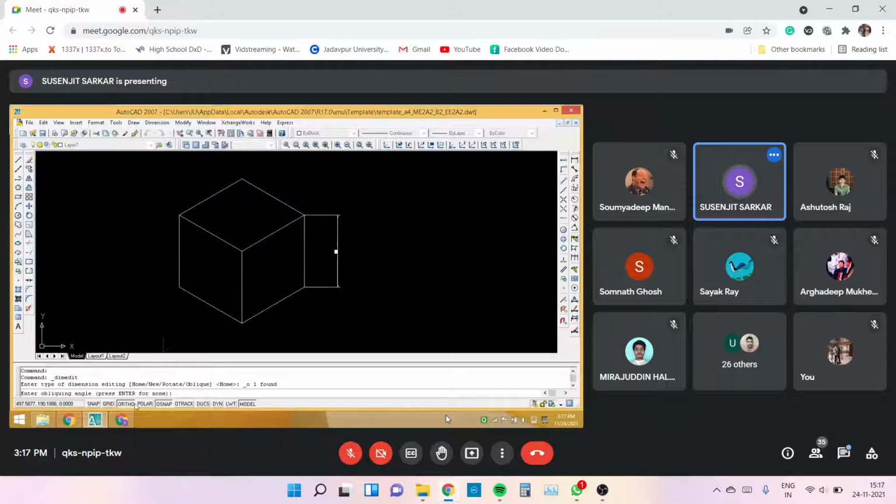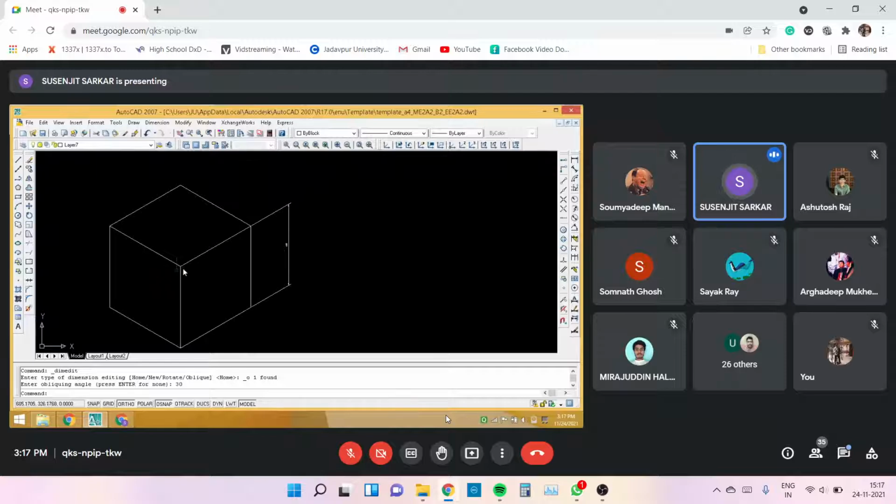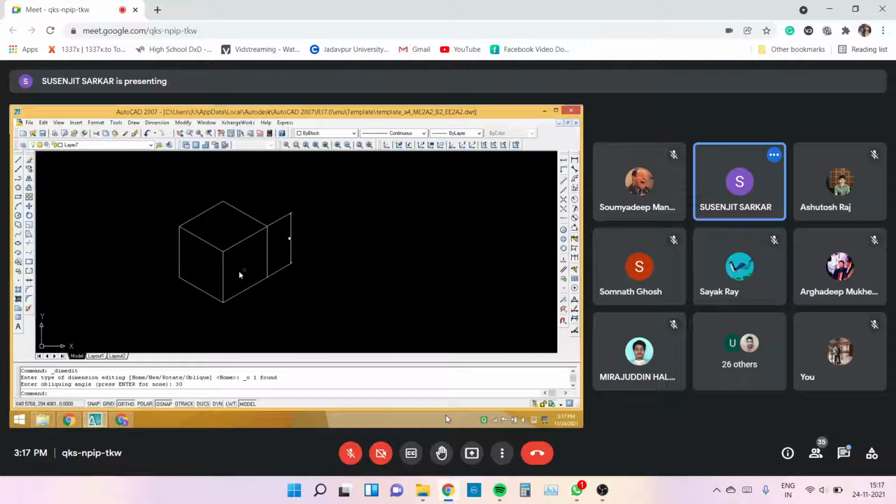Oblique dimension, enter oblique angle. What is the oblique angle? 30 degrees. Right. I have to give the oblique angle, or I have to give the direction. Similarly, if I want to give this dimension,